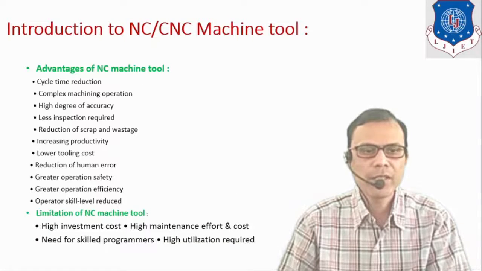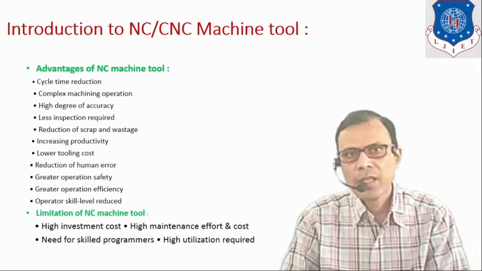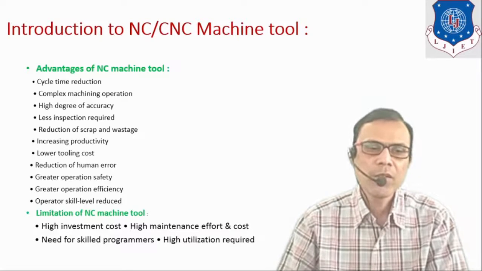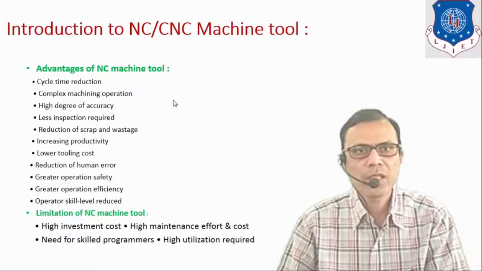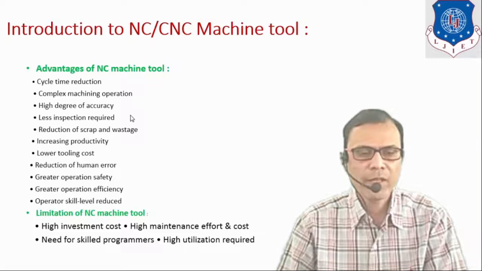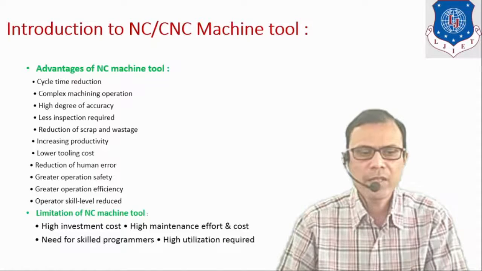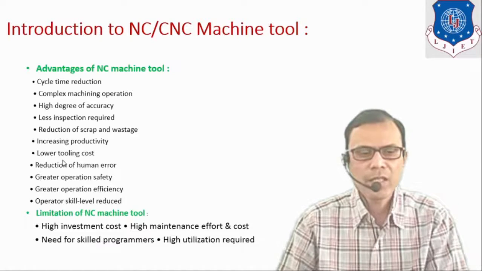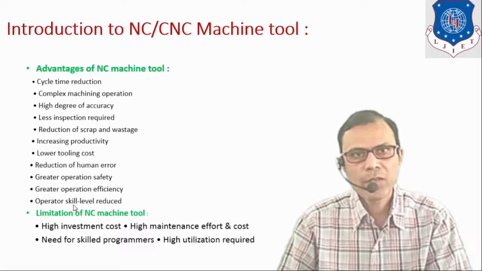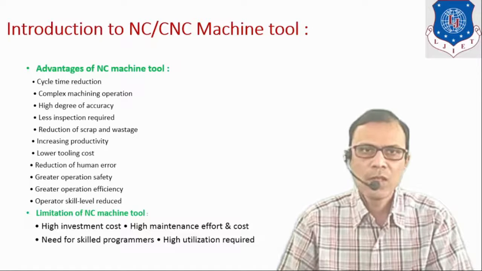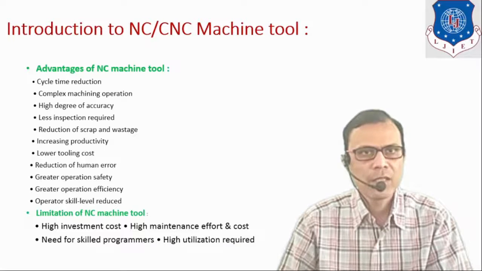So what are the advantages of NC-CNC machine tools? Reduced cycle time, complex machining operations can be performed easily, high degree of accuracy. It provides less inspection requirement. It reduces the scrap and wastages, increases productivity, lower tooling cost, reduction of human error, greater operation safety, greater operation efficiency, operator skill level is reduced, but there are some disadvantages also, like initial cost is very high for NC-CNC